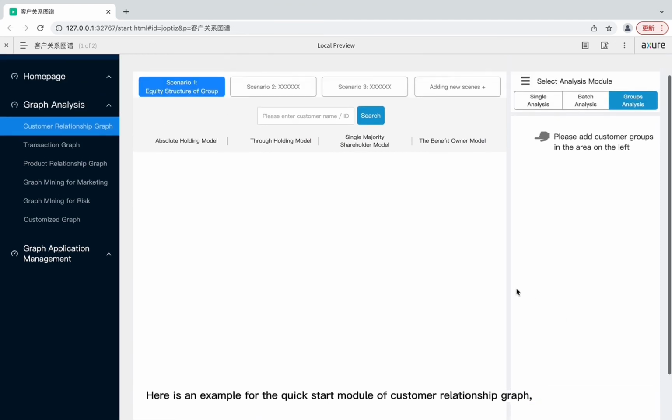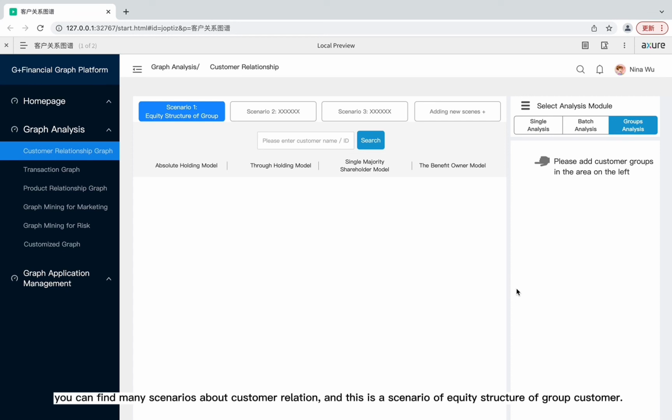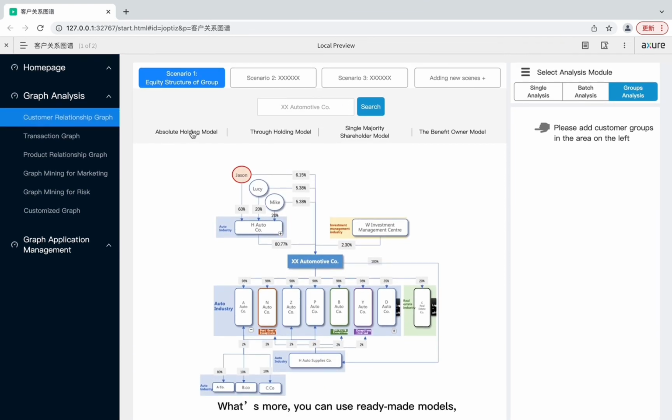Here is an example for quick start module for customer relationship graph. You can find many scenarios about customer relation, and this is a scenario of equity structure of group customer. If you enter a company A, you can obtain the ownership structure of the group of company A. What's more, you can use ready-made models like absolute holding model, through holding model, single majority shareholder model, and the benefit owner model to do further analysis. In addition,